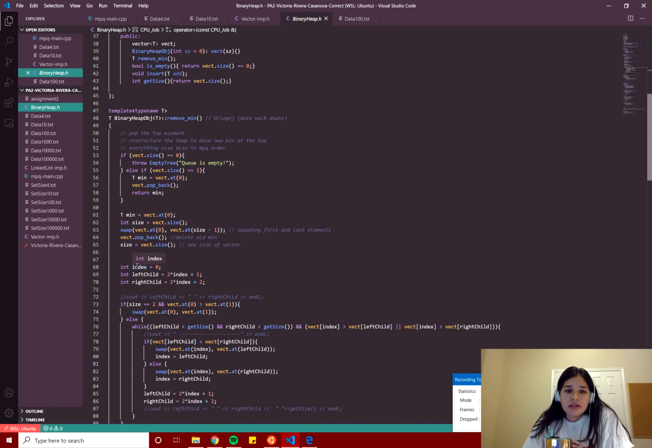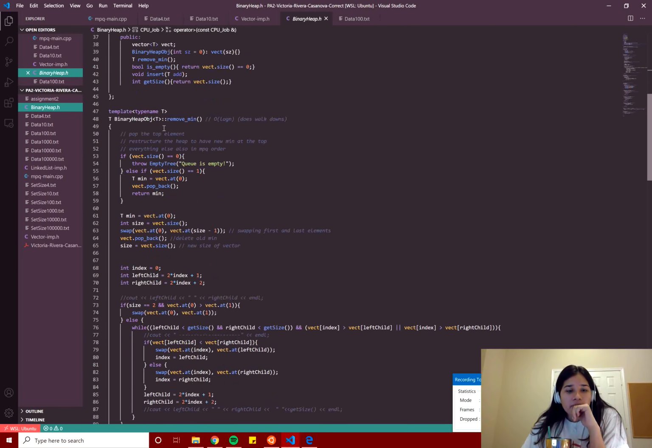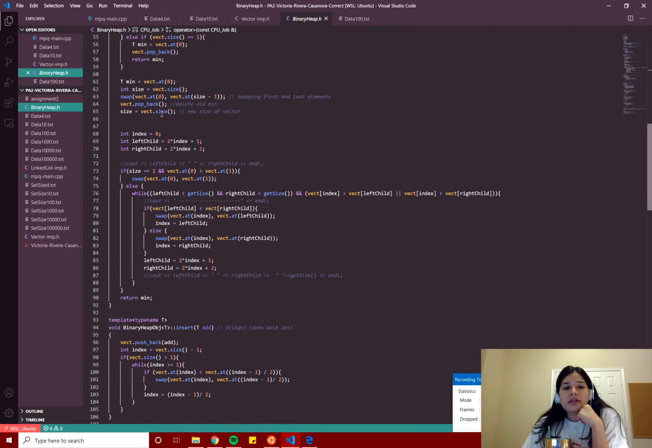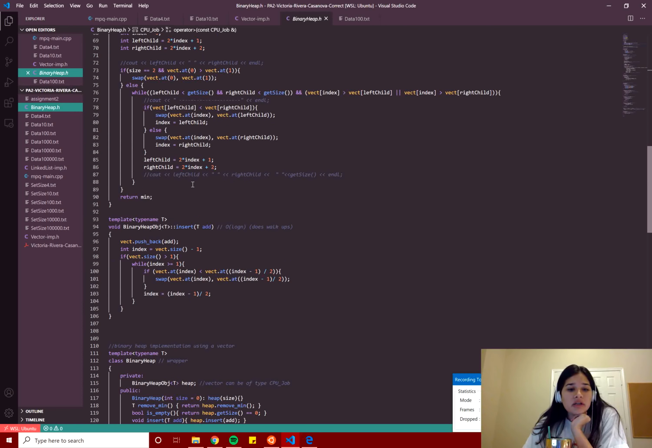So a binary heap is basically like a tree that is kept in order. If you want a maximum binary heap or a minimum binary heap, you have to change the implementation to fit that. So for my remove min, I think from my implementation,